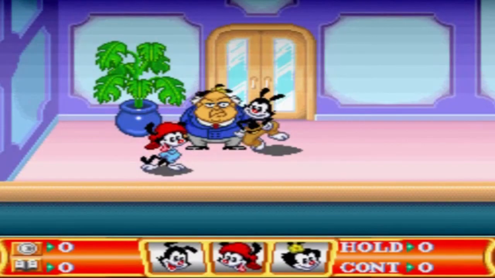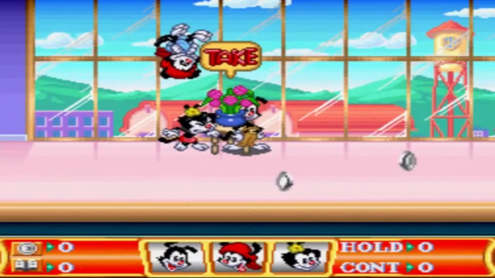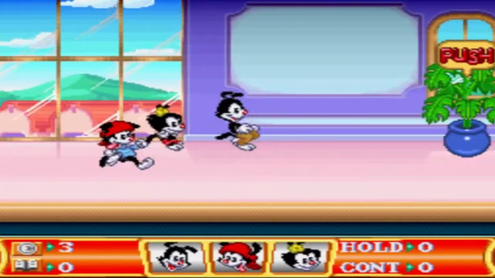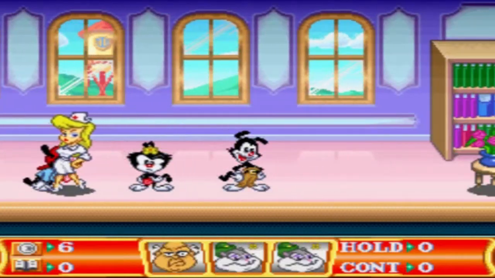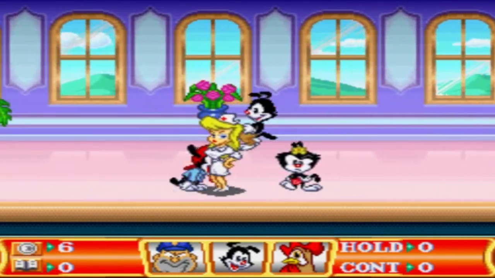And there's the Acme Labs, and this is a prologue level, as you can see, very much so, and as you can hear the instrumental of that very old known tune in the background. It's really catchy. I really liked it. I definitely really enjoyed watching it back in the day in the early 90s, and of course we are playing as Wakko, Yakko, and Dot,